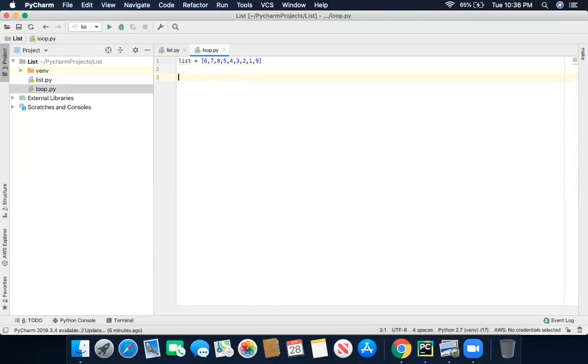Okay, now we need to do the sum of the whole numbers we have in our list. So I'm going to use a variable sum, which equals 0 to start. The 0 is initialized to sum, meaning right now the value of sum is 0. So what we are going to do, hashtag, using the loop.